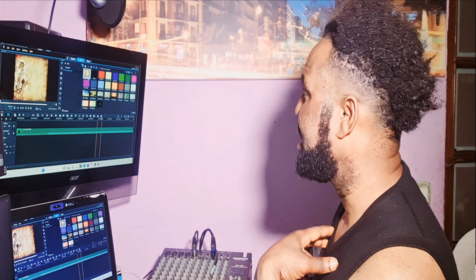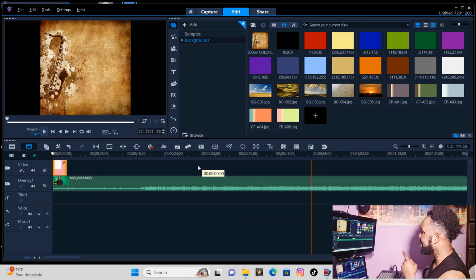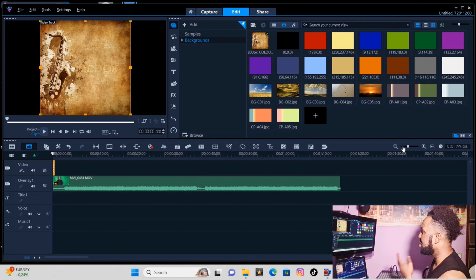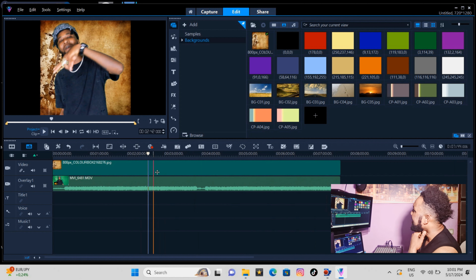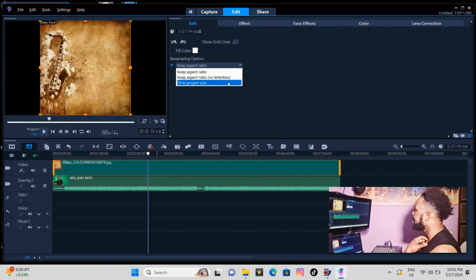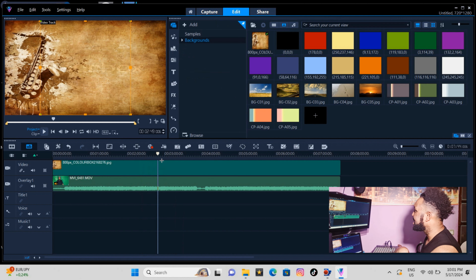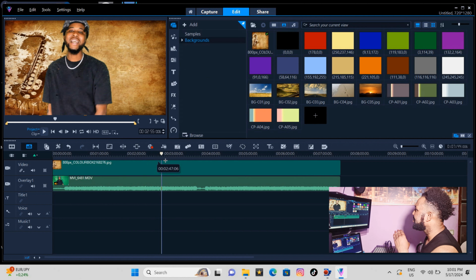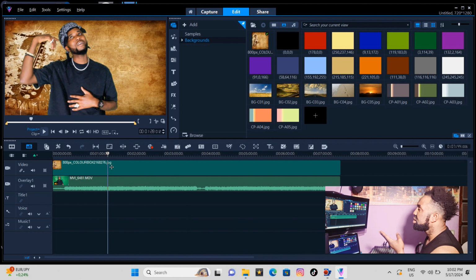Now, this background is here just to do it. Then the next thing I have to do, I have to drag the background here on the timeline. Then here is to adjust long or big. So now I have to draw it here. Then I draw the background to fit. Now the next thing I have to do is to double click. It says fit to budget size. So it's for the background to fit to budget size. You understand? Now the background is already fit to budget size. You see, here we go.